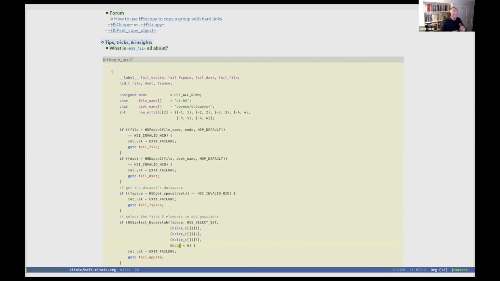But if you look up the documentation for H5Sselect_hyperslab, instead of adding another hsize_t array of 1, I can just be lazy and pass in NULL, and the library will be happy with that.